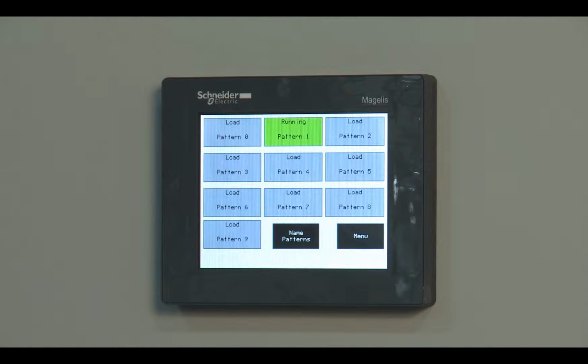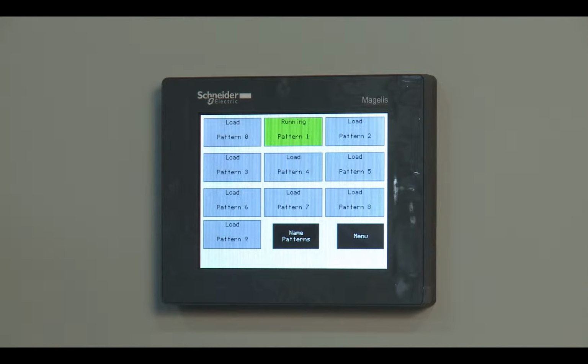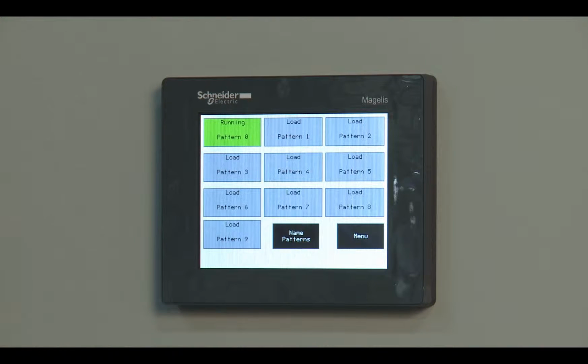Whatever pattern is currently running is also the pattern that, should we make any changes to the wrap setup, top wraps, bottom wraps, up speed, down speed, timers, whatever different variables might be included in that pattern, it will only change for the active pattern. So right now pattern 1 is active. If I change to pattern 0, then any changes I would make from that point forward would then be only